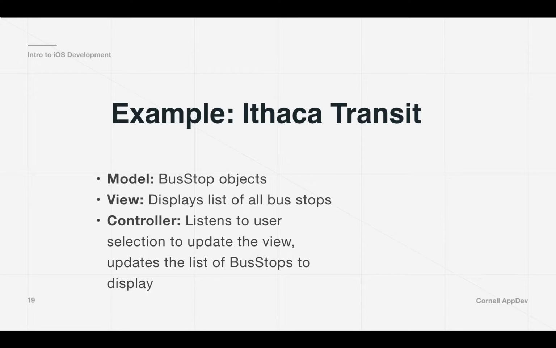And then the controller would be actually listening to the user selection. So maybe you tapped on a certain route. That means maybe you want to present that route on the map. And then you want to update a new list of bus stops to display. So essentially, the controller is what's coordinating all this information between the model and the view, and the model must